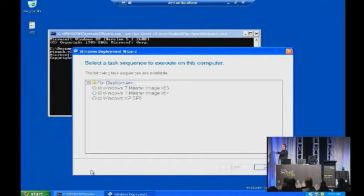Now, this is an x86 version of Windows XP. It knows by inspecting the processor that this machine is capable of running an x64 OS. So we get all of the choices. We can deploy an x86 OS or we can deploy an x64 OS. It doesn't matter. If we choose Windows x64,